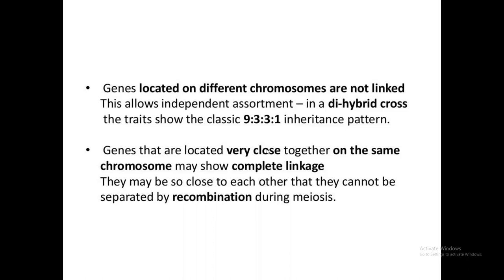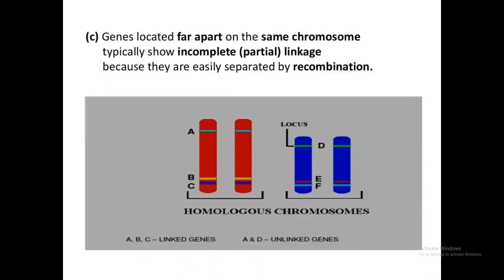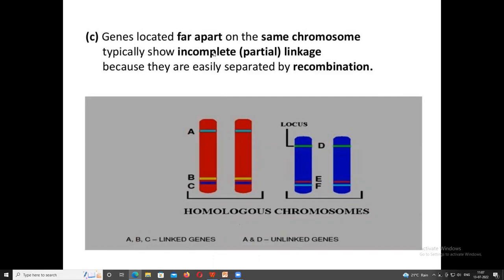If you imagine a chromosome where two genes are present very close to each other, can you imagine any crossing over between them? If there is a distance, there can be a crossing over. When there is very less distance, there cannot be crossing over, or in other words, they will go together. That is linkage. Genes located far apart on the same chromosome typically show incomplete or partial recombination. Here we are talking about chromosomes. This is one chromosome, this is one chromosome. These two are